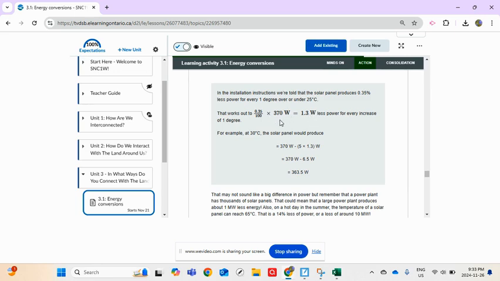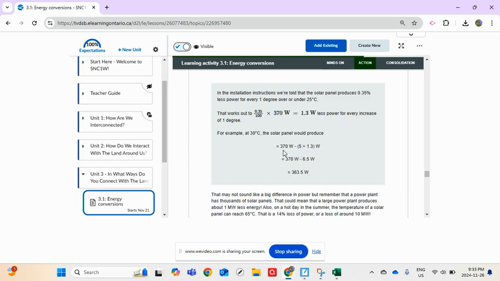So for every 25 degrees Celsius, this solar panel would make 370 watts of power. But of course, if it's 1 degree off, it is making 1.3 watts less. So they did an example at 30 degrees Celsius. Please count with me. The difference between 25 to 30 degrees Celsius is 5 degrees. So that's where this 5 is coming in right here,